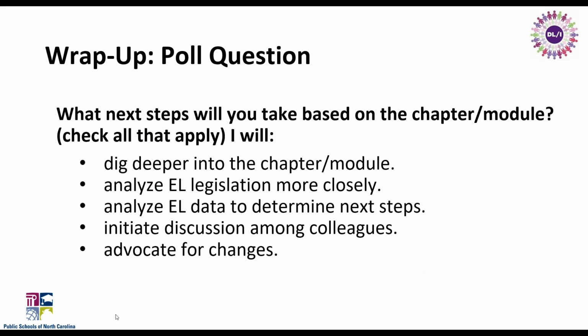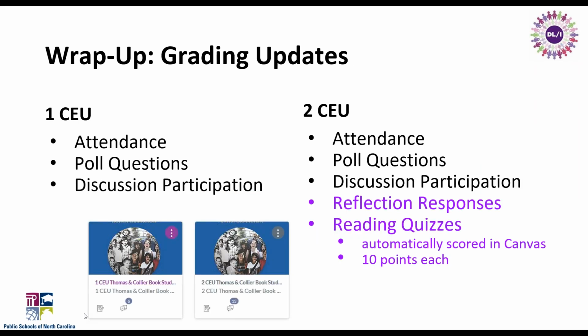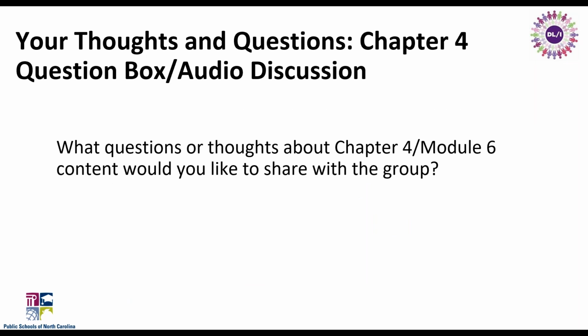All right, let's go back then to our question about what else you are thinking with Chapter 4. I'll just read across some of the main comments so we can all be thinking about them. We have several people talking about how much they enjoyed this chapter and how they learned a lot from it. They liked learning about the additive and subtractive bilingualism model and how that impacts students. We also have someone who said they really enjoyed reading this chapter because it opened up ways to address the gap between English learners and native English speakers, as well as how to educate the whole child using the PRISM model as a guide.